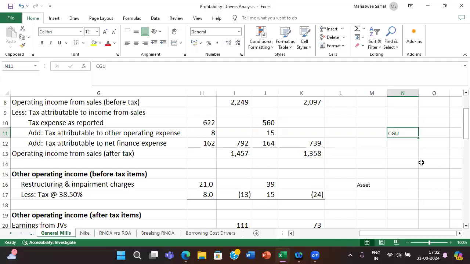I'm just dealing with one asset. I'm assuming this single asset is capable of generating independent cash for my company. So the value of this asset in the balance sheet is, let us say, 100 crores. I would like to call it book value, the value that appears in the books of accounts. So GAAP is saying,